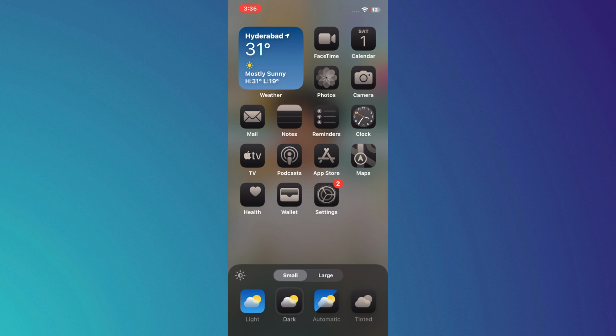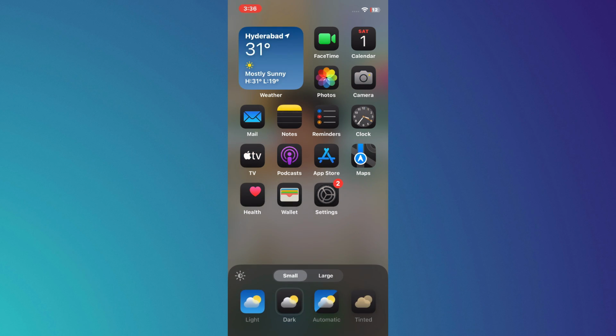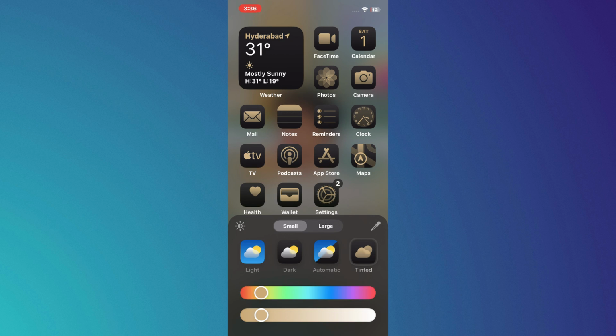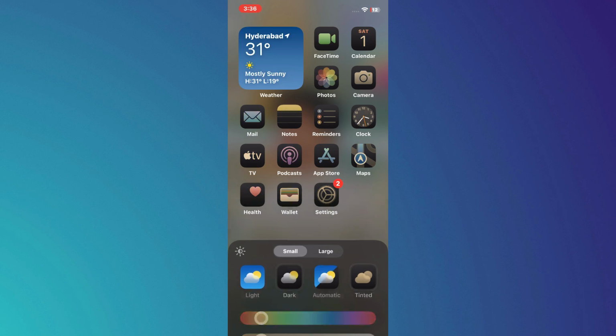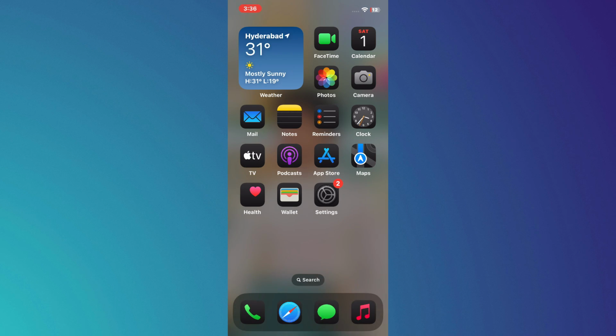Keep in mind if you do choose to use the dark icon. If you notice an application that doesn't apply this dark filter, there's not much you can do with it other than adding a tint. And that way it'll have the tint at least. That's all dependent on the developer of the app and when they update it so that it does take advantage of that dark mode. This works with iPhone 16 and older that can update to at least iOS 18 or